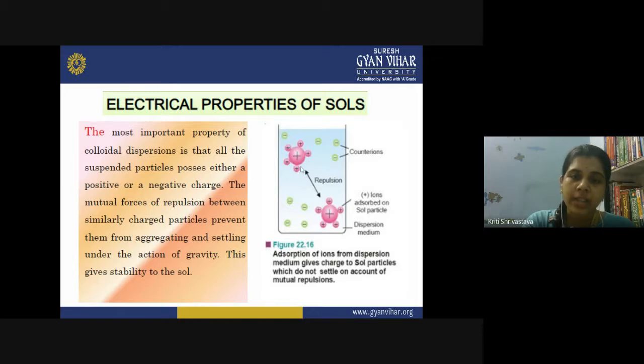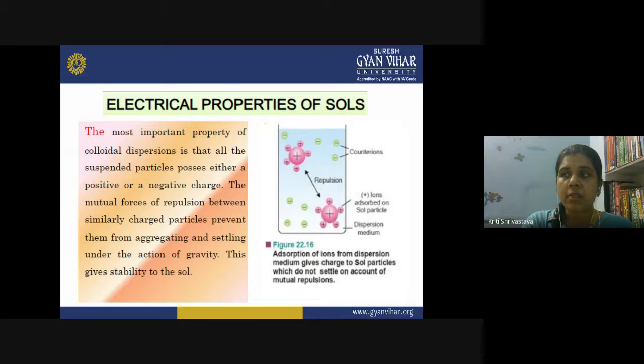Now all the colloidal particles in that sol carry the same charge. So what will happen? They will repel each other. As you can see here, this is the positive charge, and it is present on the particle because these small positively charged ions are adsorbed over the surface. The example that I am giving you is the ferric hydroxide sol. You can imagine a ferric hydroxide particle at the center, with Fe3+ ions adsorbed on its surface. Since all the particles have the positive charge, they will repel each other.